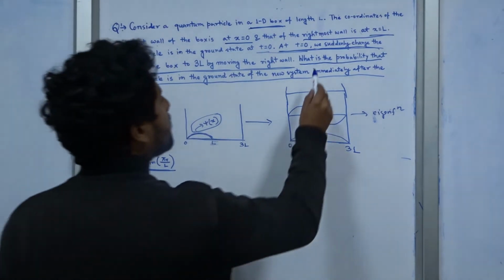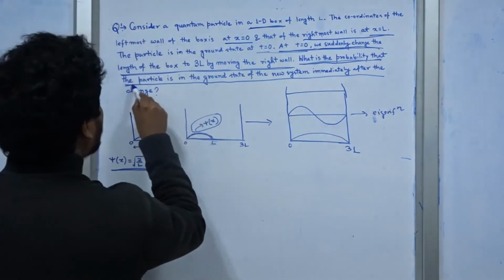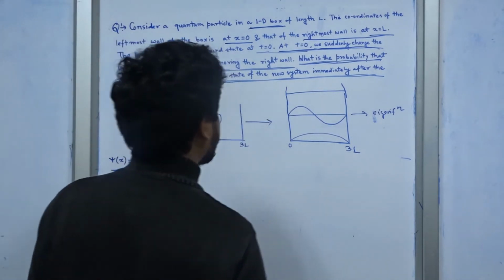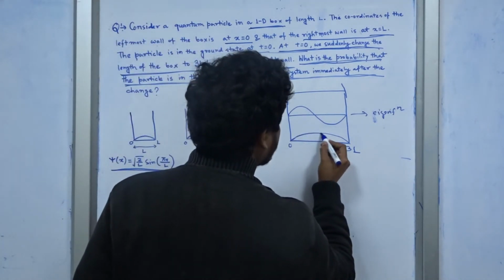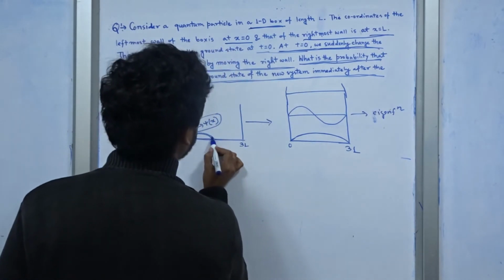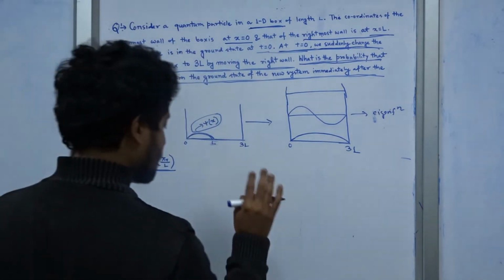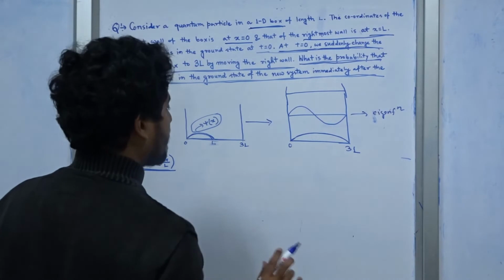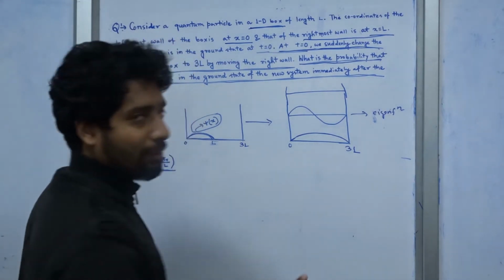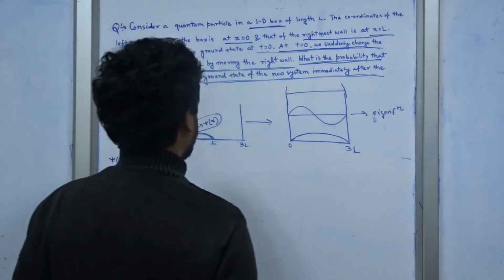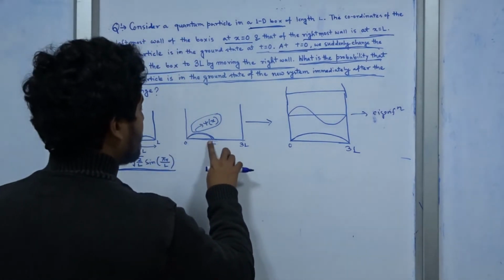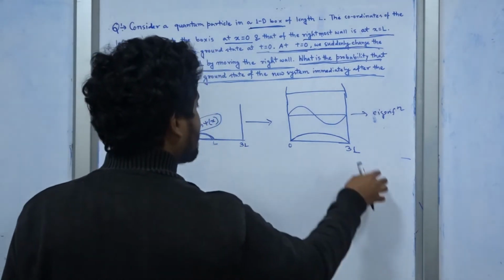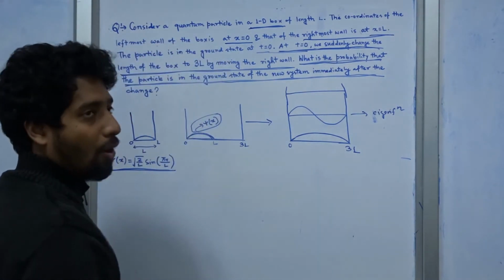Now we need to find the probability that the particle is in the ground state of the new box, the probability of finding it in the ground state. So this is the actual ground state of 3L, but the particle is in this state inside the 3L box. So we need to find the probability of finding this one in this wave function. I know it's a little bit confusing. First we expand this box, and it becomes 3L, but the wave function is not extending from 0 to 3L, it remains L,